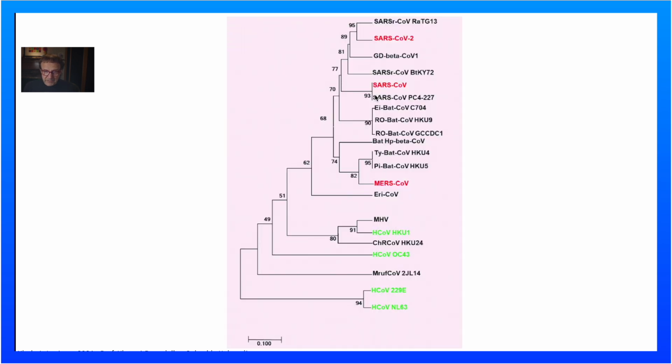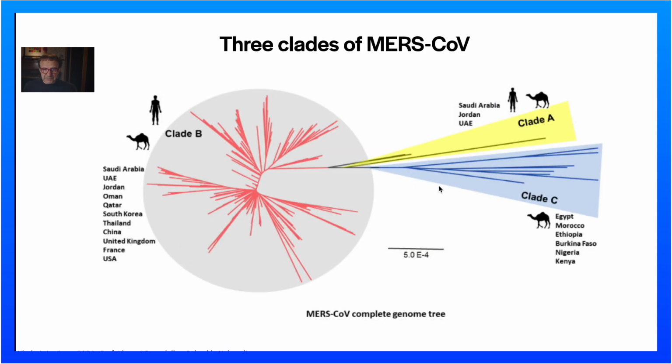Okay, so here's a phylogenetic tree of some coronaviruses to put this in perspective. So again, this means how they're related on their genomes. So down here is MERS coronavirus, and it's close to some bat coronaviruses that I just told you about, HKU4 and 5. And then a good distance away is SARS-CoV, and a good distance away is SARS-CoV-2. About 60% identity with SARS-CoV-2. So they're quite distant. And down here you have the human common cold coronavirus. So MERS sits on its own. It's quite a different virus from SARS and SARS-CoV-2.